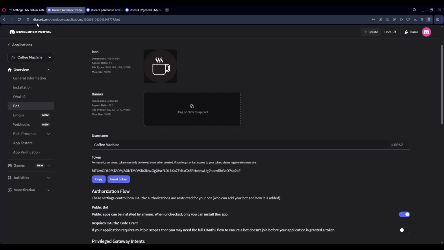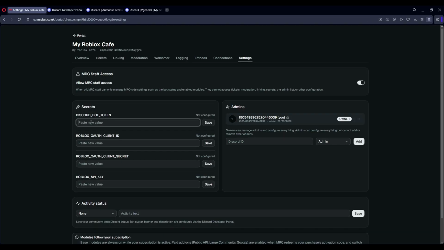Once we've copied the token, we're going to come back into our portal settings, paste it in here, and save. So, that's the bot token done. Next up is the Roblox OAuth client ID. So, the OAuth is essentially